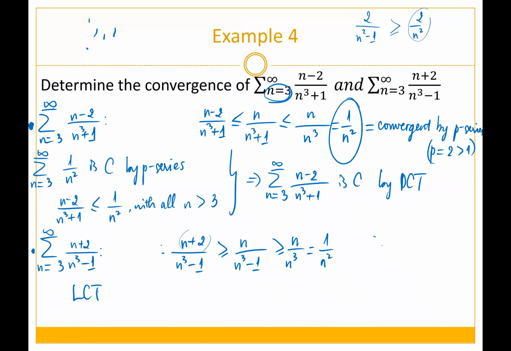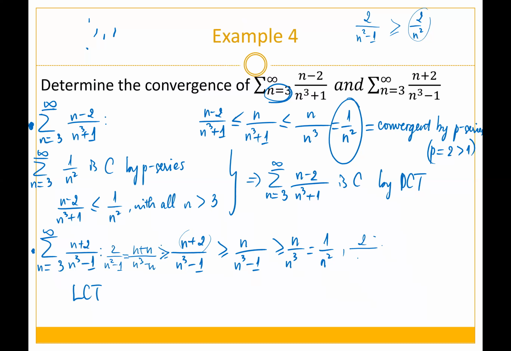Okay, now it works. Bigger than or equal to n plus n over n cubed minus n. So this is 2 over n squared minus 1. And again, as I said, 2 over n squared minus 1 is still bigger than 2 over n squared, so it's not helpful for direct comparison. So use the limit comparison. We have the limit as n approaches infinity,